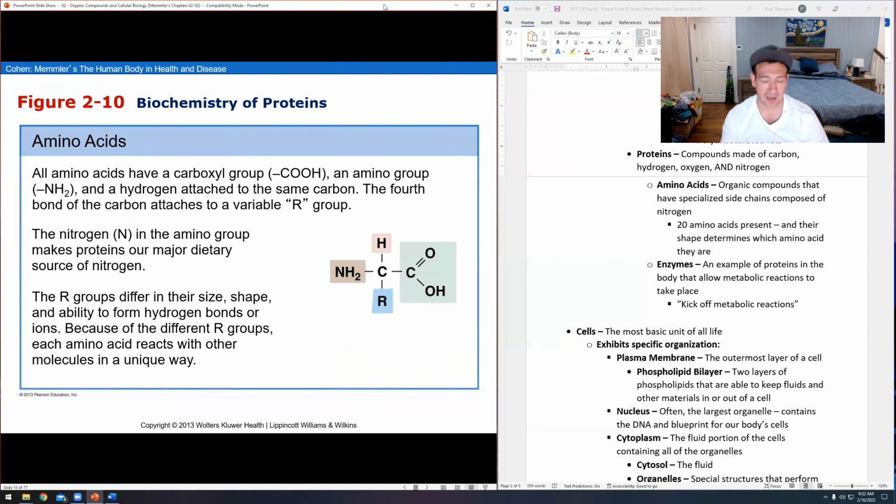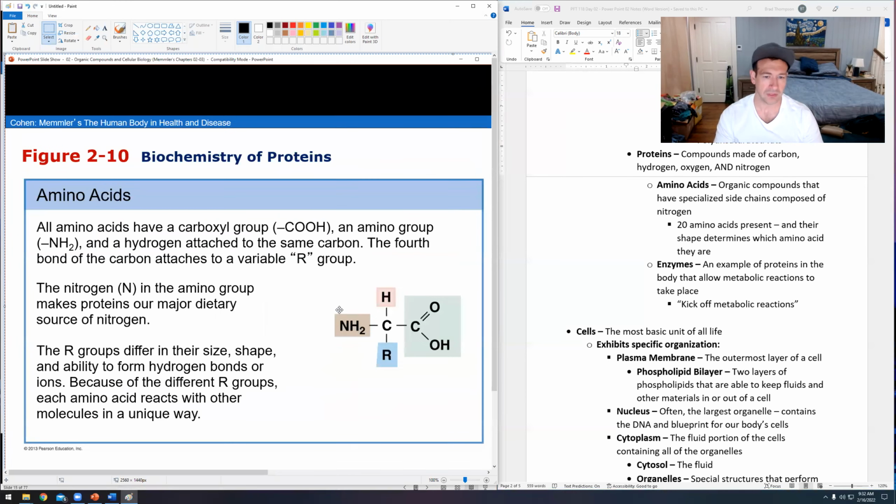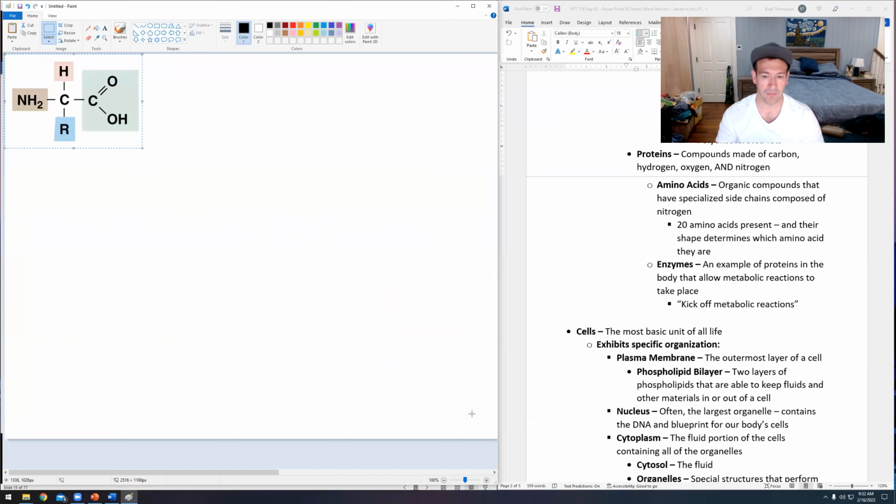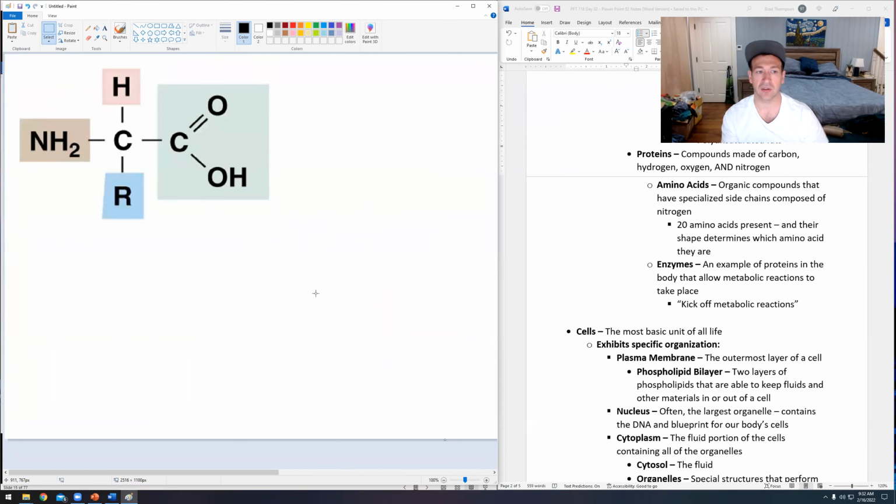I'm just going to go ahead and mess with this here. Let's go over to Paint. Take that, put it here. So here is a general amino acid. Now I'm going to remove this really quick. We're just going to put this over here so we forget about it. So take a look at your amino acid here. It's made out of hydrogen, oxygen, and carbon, the same exact thing. But there's also this little bit of nitrogen here. That is what starts to give it a unique shape.